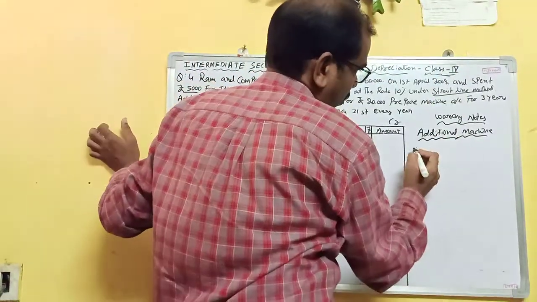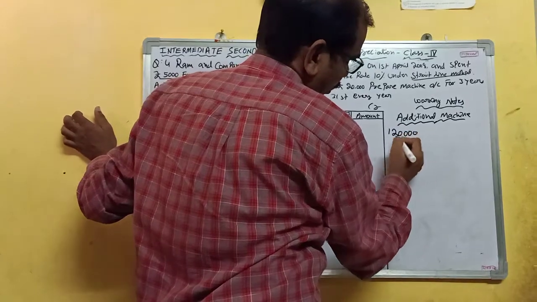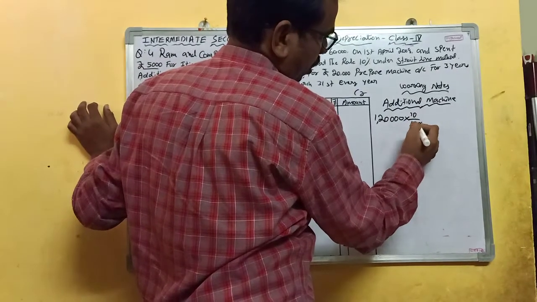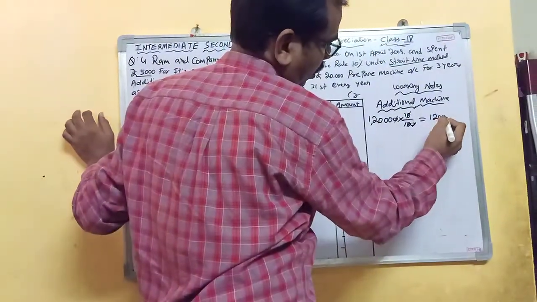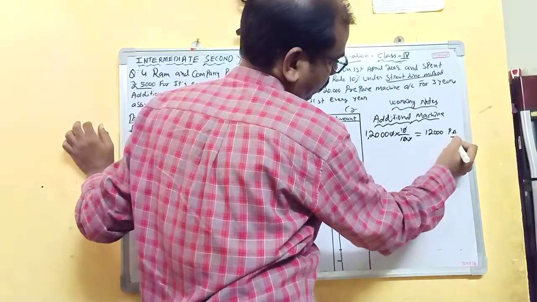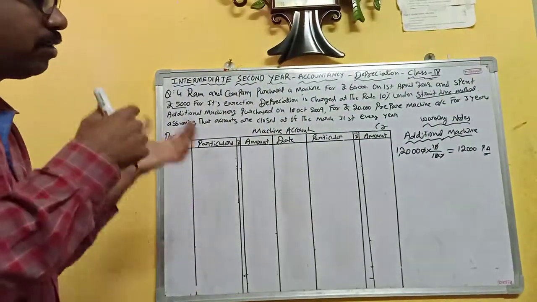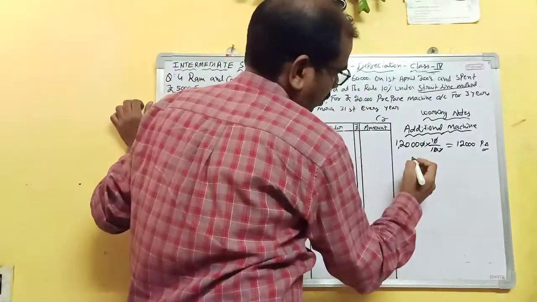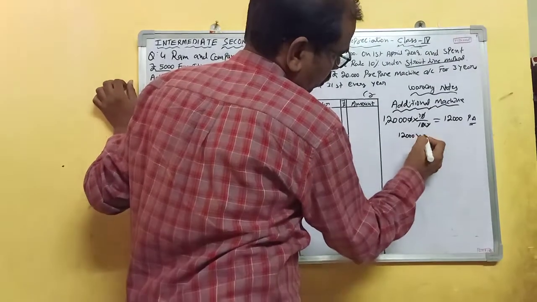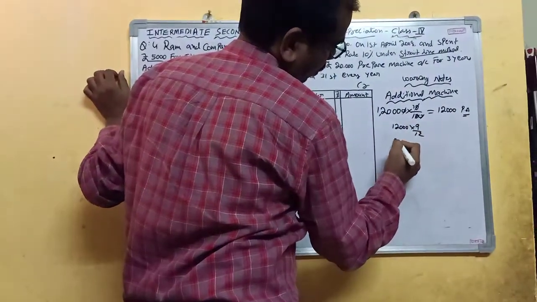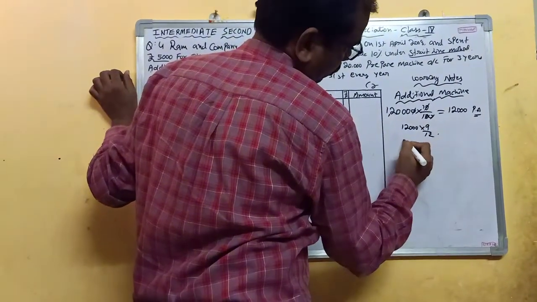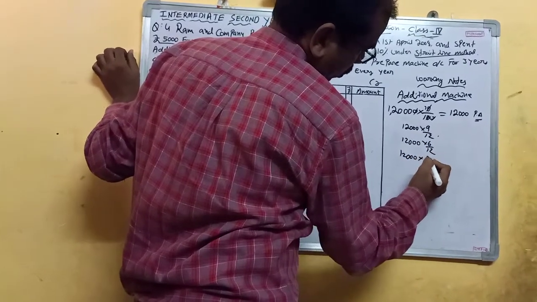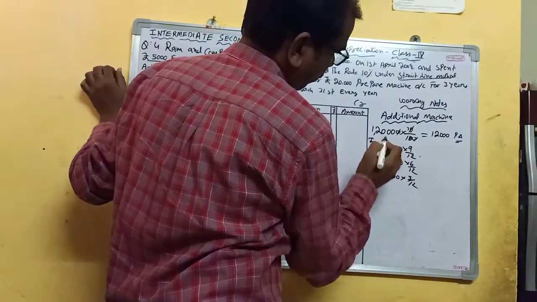For example, you have a machine value of 1,20,000 at the rate of 10% depreciation. How to make it? Easily, 12,000 per annum depreciation. Here, whenever they ask for 6 months, 9 months, 3 months, we have formulas like 12,000 into 9 by 12, 12,000 into 6 by 12, 12,000 into 3 by 12. This is the one method. Second method,